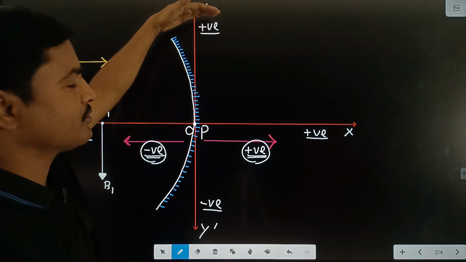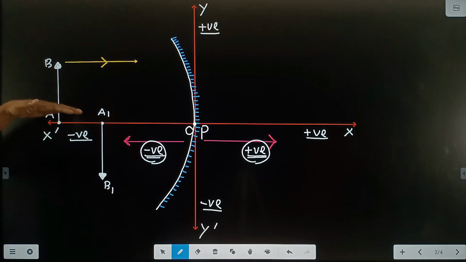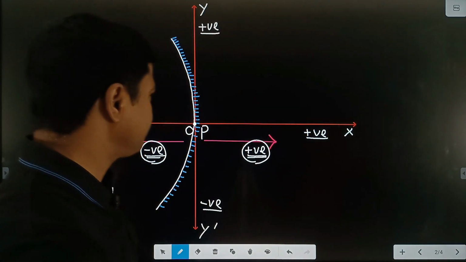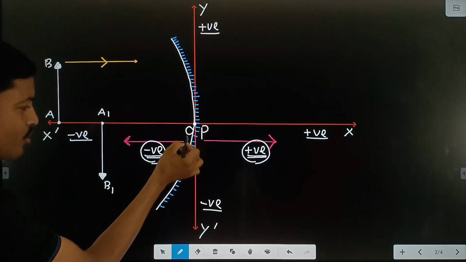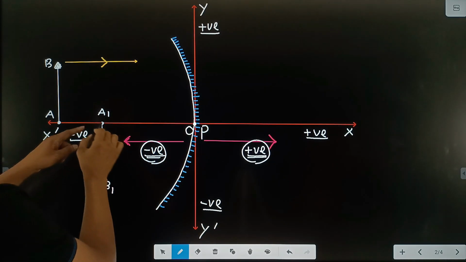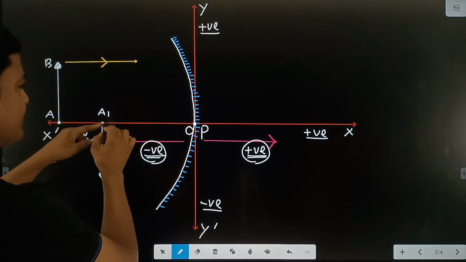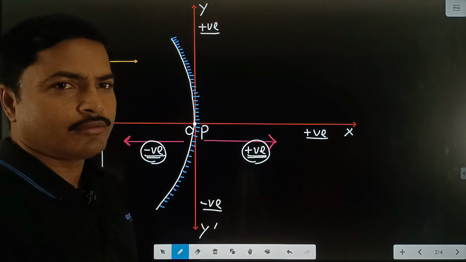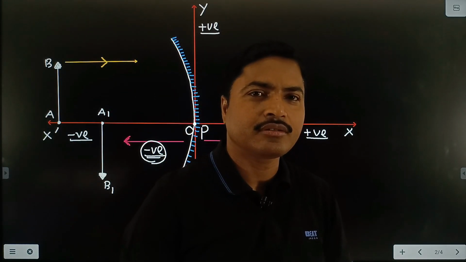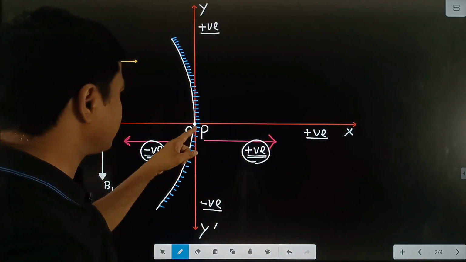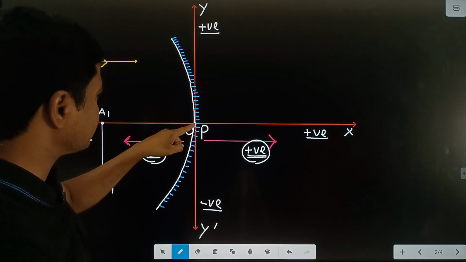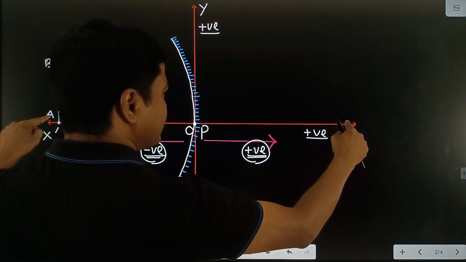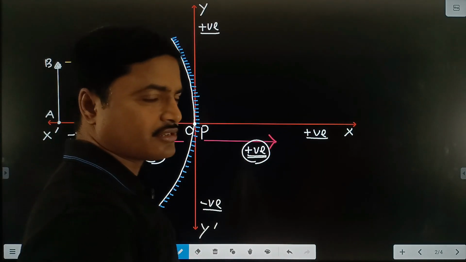this is the positive side of the y-axis, and your object is situated above the x-axis. Here, if we take this one as the concave spherical mirror, then this is the principal axis, because the principal axis passes through the pole and also the center of curvature and is perpendicular to the reflecting surface at the pole. So this one is the principal axis of the spherical mirror, and in the case of sign convention,